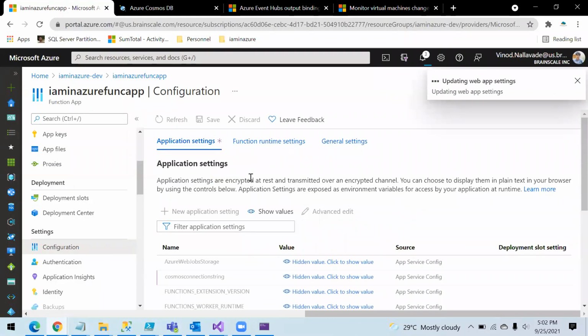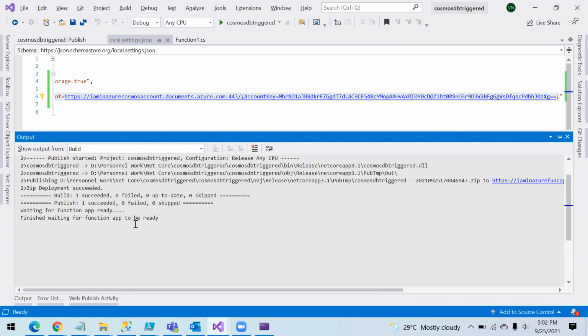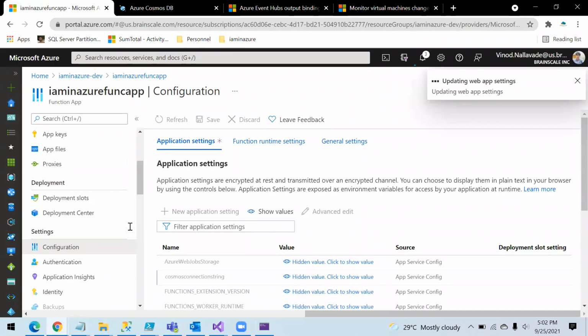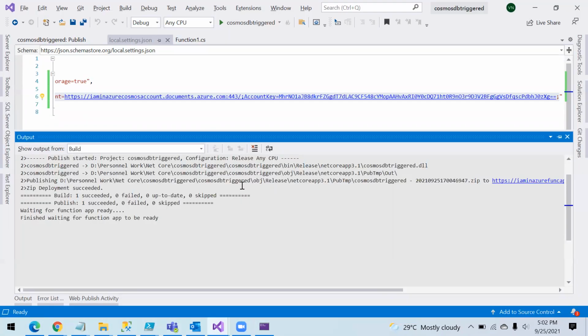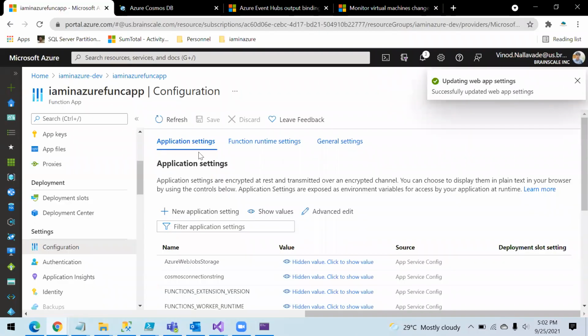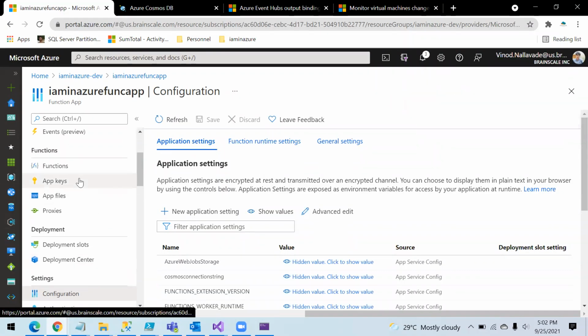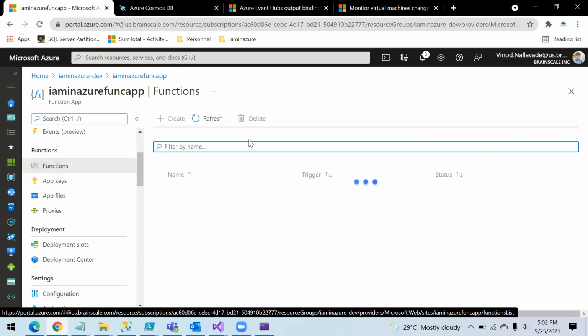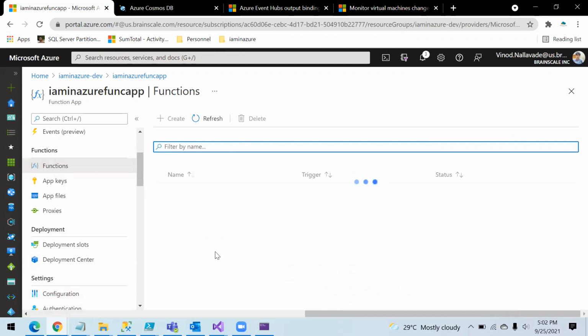Okay, let's continue. I believe it has already deployed. It's just showing that waiting message. Okay, so this update is successful. Let's go to the functions now and see if it is deployed or not.